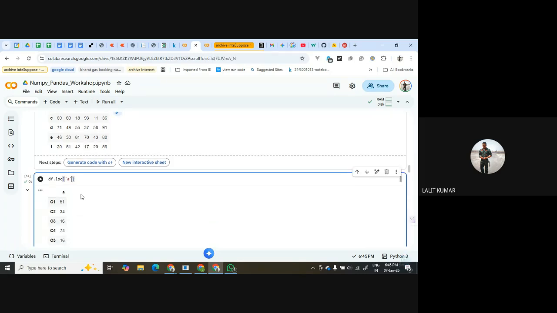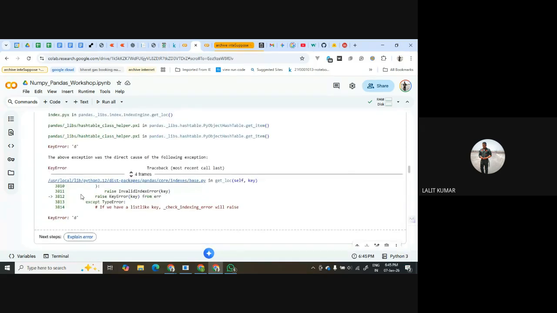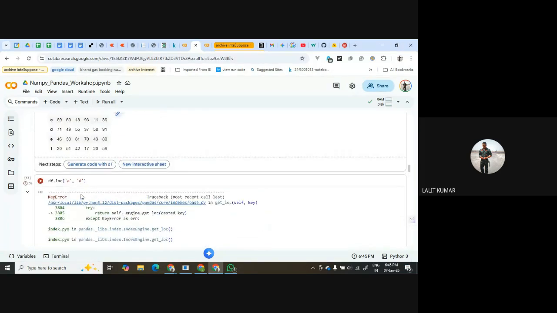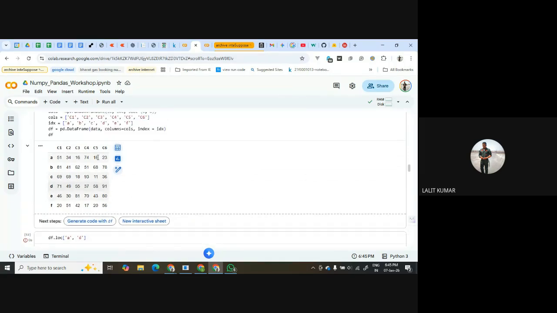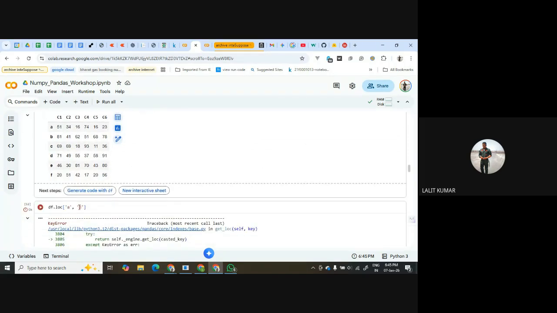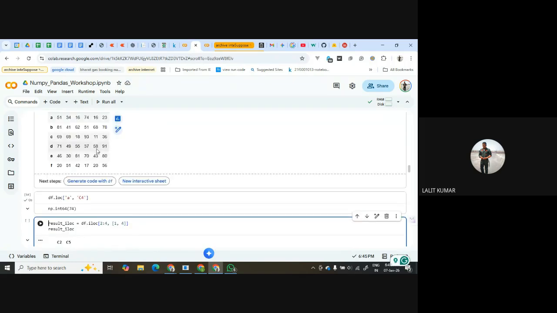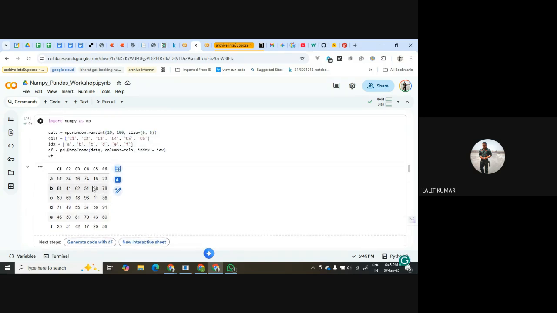I can also use A and, for example, I want to see D. Is D here or not? Because D is not there. When it takes D, it means A is your index and D is a column. So here I have to pass a column, for example C4. That will give me A, C4, 74. Okay, so the value 74 has come.